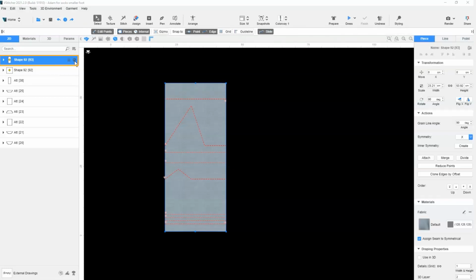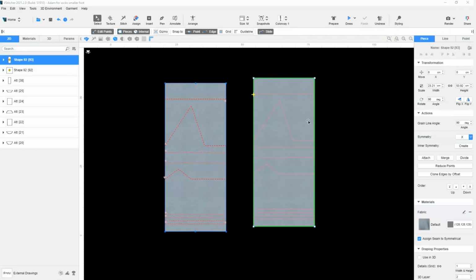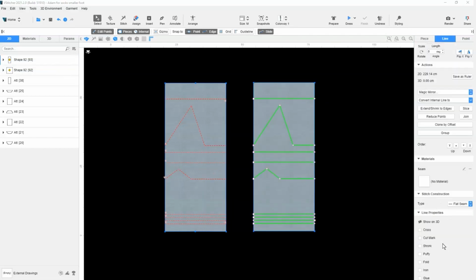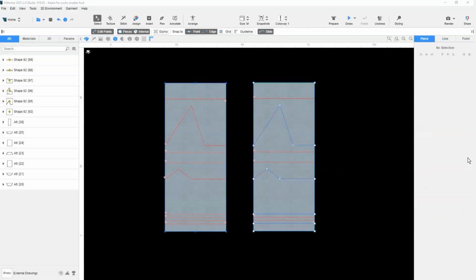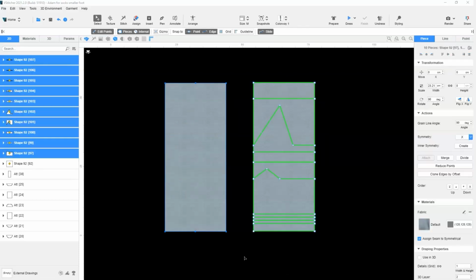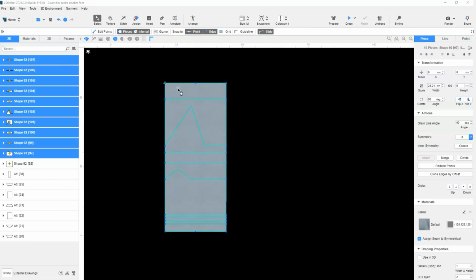We bring back the pattern that we have created previously in the 2D window. Next, we change all internal lines to cut marks. We click on the pattern and click Divide in the context view. Now all the sections are split up into different parts. Before we move on to the next step, we can remove all the existing lines on the original sock pattern if there are any. We marquee select the patterns we have divided, then drag them over to the original pattern